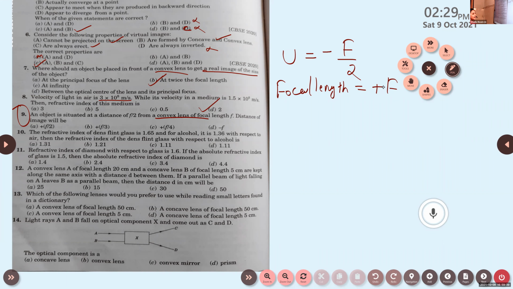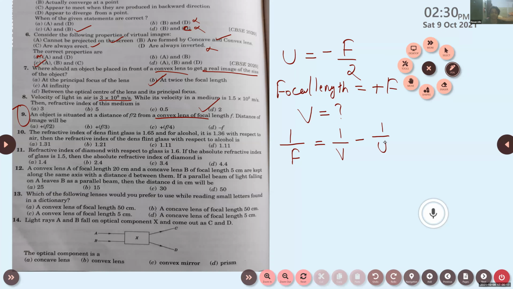And here we want to calculate the image distance v. How can we calculate image distance? What is the equation relating these three physical quantities: object distance, image distance, and focal length? Lens formula. Very good. Then state the lens formula. 1 by f is equal to 1 by v minus 1 by u. Other students can also unmute and answer, no problem. So 1 by f is equal to 1 by v minus 1 by u.